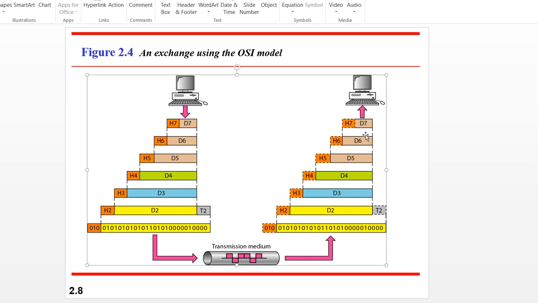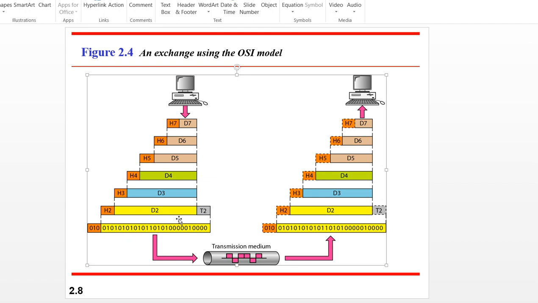This is nothing but each layer. H2 means second layer, H3 means third layer, H4 fourth layer, fifth layer, sixth layer, seventh layer, and so on. In the first layer you can see 0 0 1 0 1 0 0 0, that combination of zeros and ones is there in the physical layer. That is our topic right here.